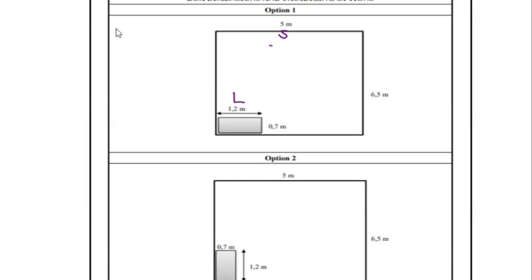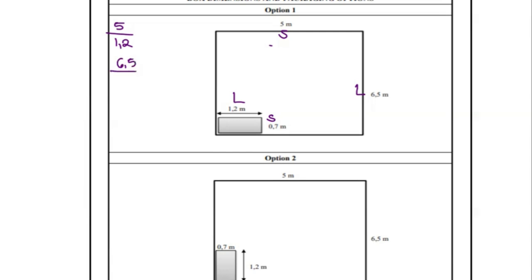Then the short side of the smaller box is facing the longer side of the smaller box. So which means it's going to be 5 divided by 1.2,